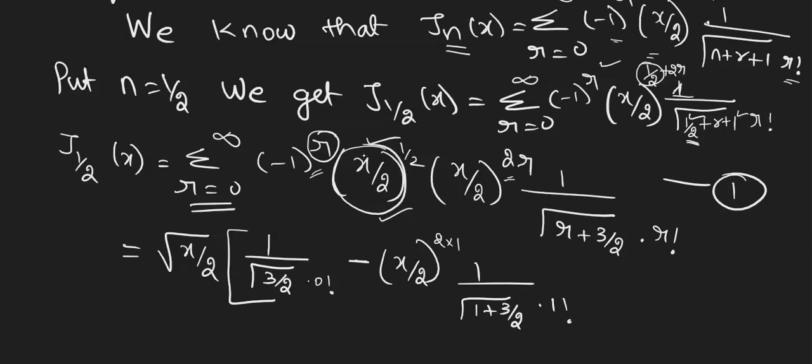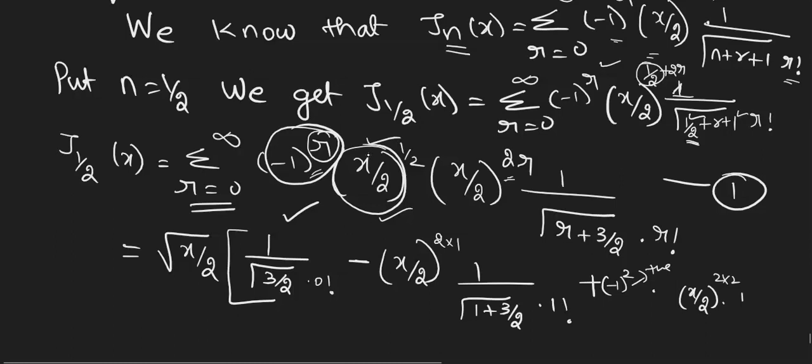What is the next term? We can write one more term with a plus. Why? Because this is (minus 1) power r, so it goes plus, minus, plus; now r is 2, so this will become plus, (minus 1) power 2. If you want, we can write this, but anyhow this is positive. (Minus 1) power 2 into (x by 2) power 2r, 2 into 2, that is 4, into 1 by gamma of 2 plus 3 by 2 into 2 factorial